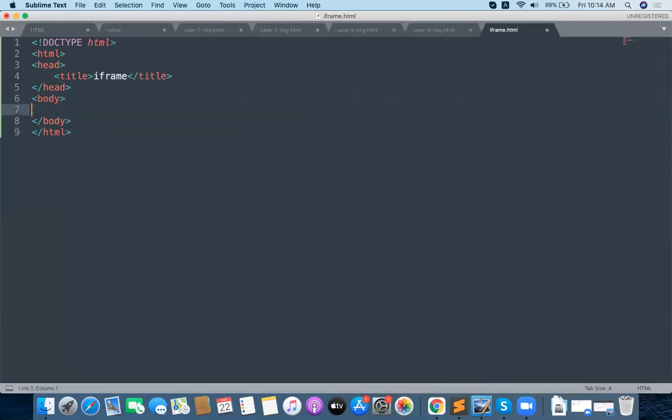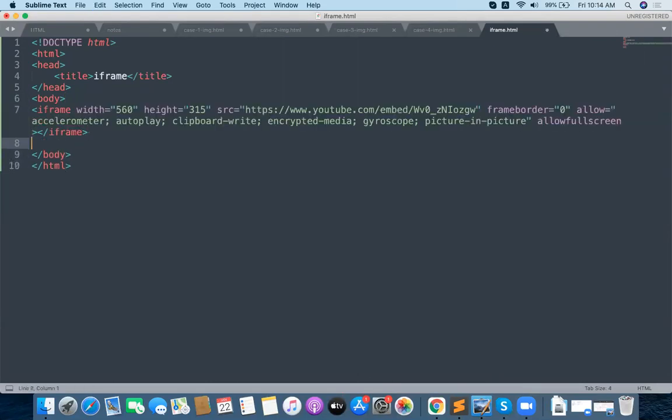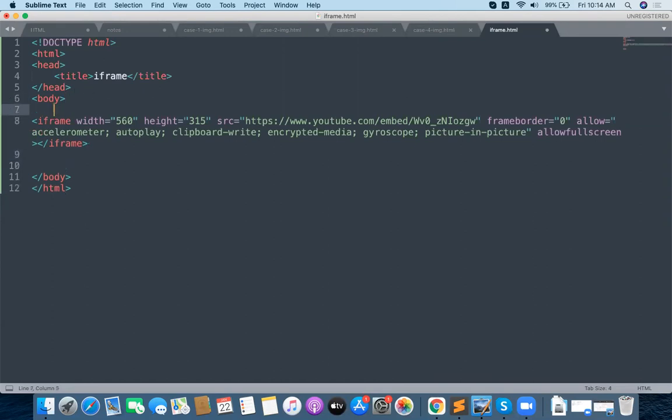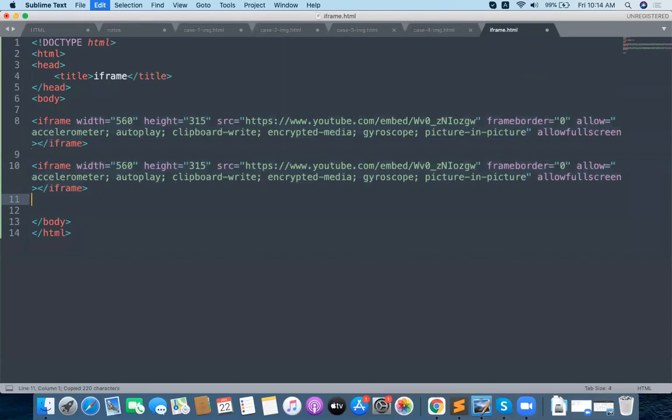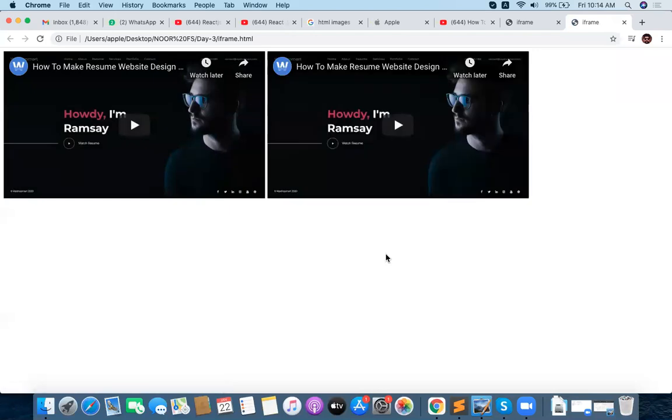I'm removing whatever iframe is available and taking this iframe, which has its width designed automatically. Let me have one more copy of this one. See how the iframes are loading inside your browser. Can you see?